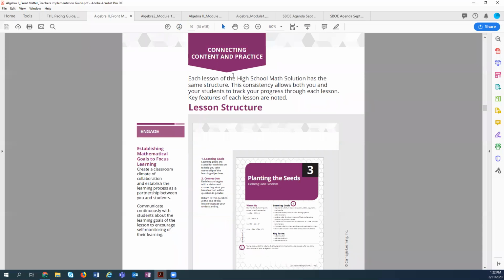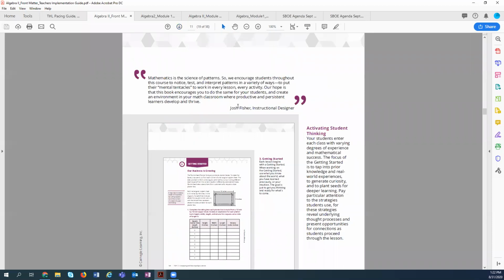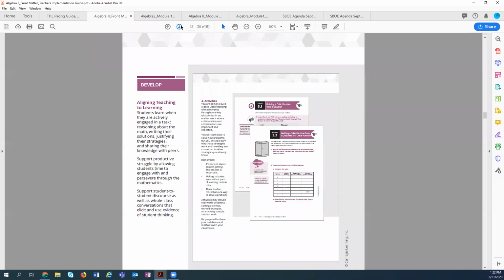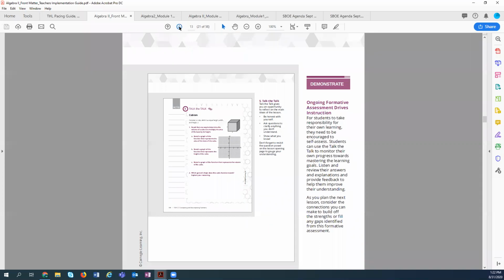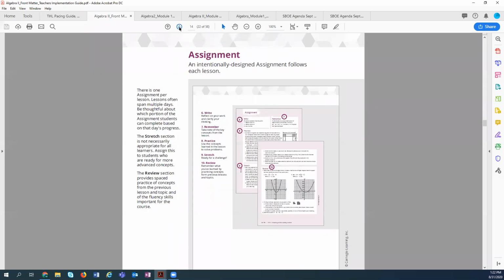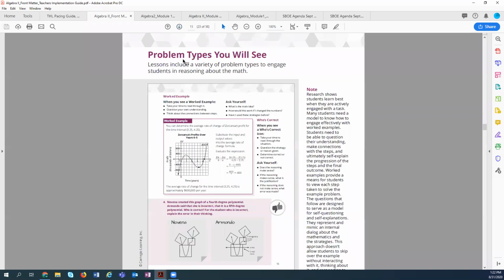Then you will have a place where the lesson structure is outlined to better understand how the lessons are set up, and where there are supports in here about instructional practices or methods that are used within the Carnegie Learning product. And in addition to that, you'll see some instructional practices and types of problems that you would see throughout the lessons in different modules.